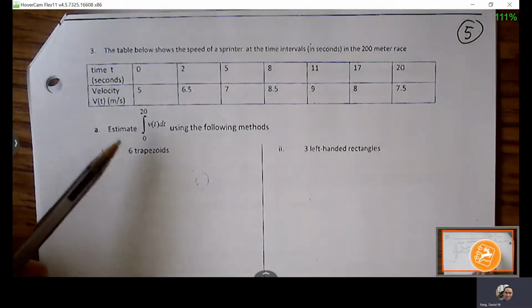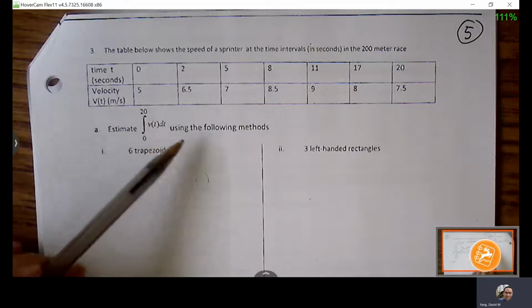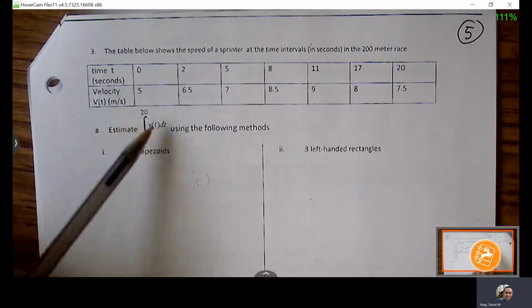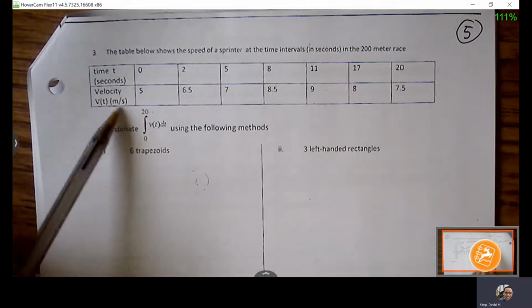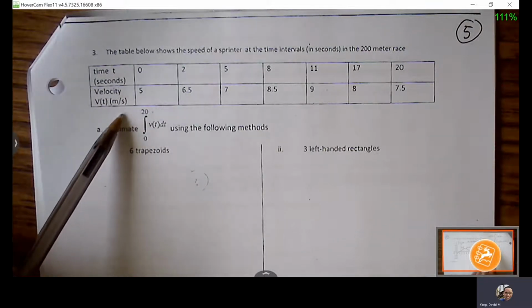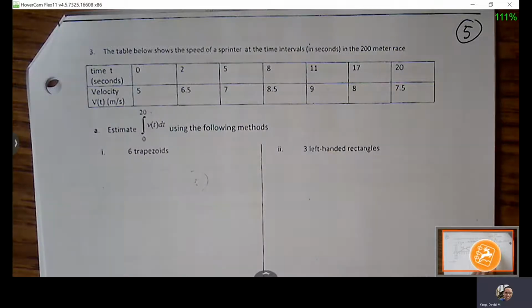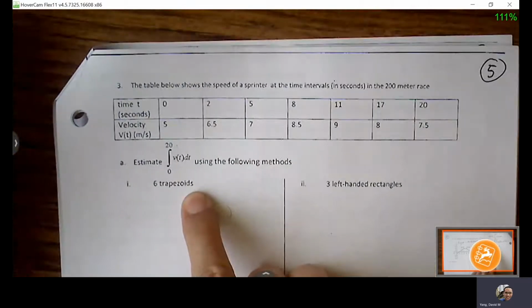Okay, it says estimate the definite integral of v of t dt using the following methods. So anytime we take the integral, our units is going to change. The meters per second is going to rise up to be just meters. Okay, we want to do 6 trapezoids. You guys were able to demonstrate this on your quiz. 6 trapezoids